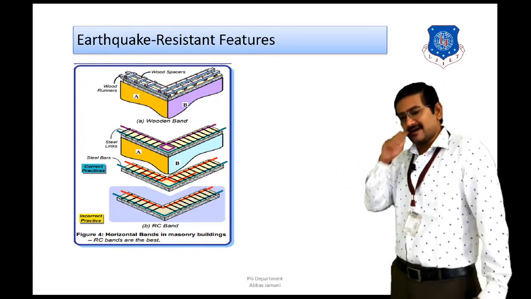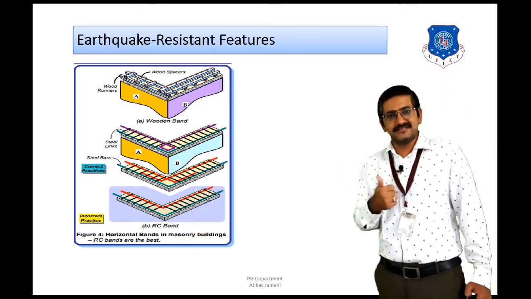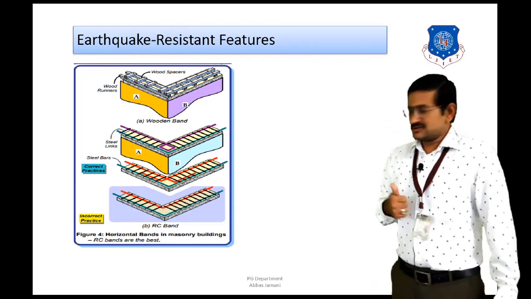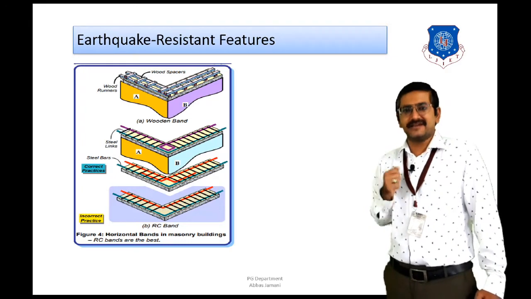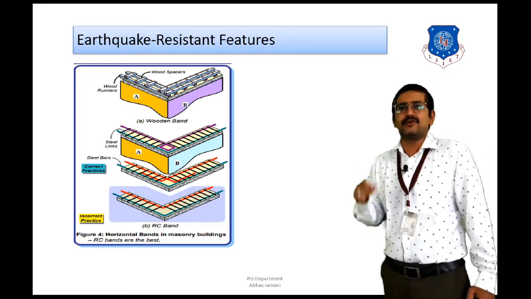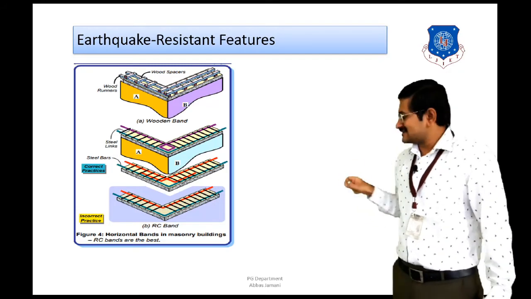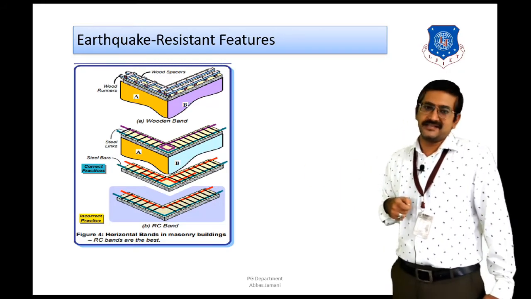So next we come to the horizontal bands and the detailing of horizontal bands in RCC material, right? So 2 sketches are shown. The first sketch is the correct practice, the second is the incorrect practice. If you look at the incorrect practice, you can see that at the corners, the reinforcing bars are not extended to the other side of the wall, and development length or anchorage length is not provided.